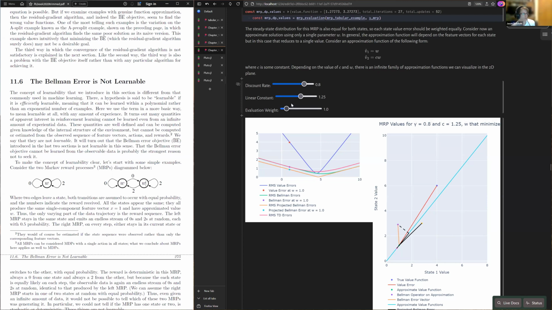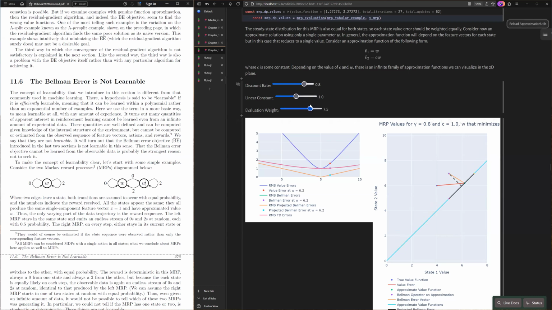Sorry, that is not the linear constant. I set it to 1. Okay, so what this diagram is showing is the space of all of the possible approximation functions,